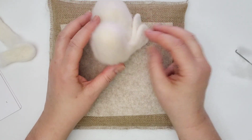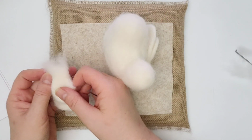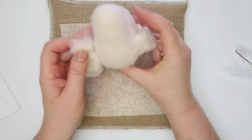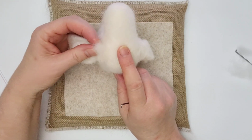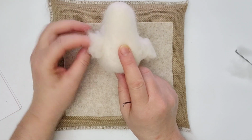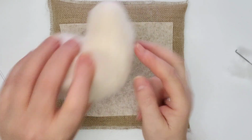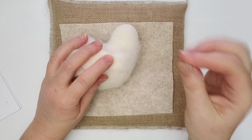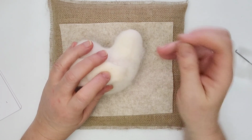And then I'm going to pop to the other side, and just for speed I'm going to do them both together. So look at it from the front and see where those wings are going to sit, and felt them both through,